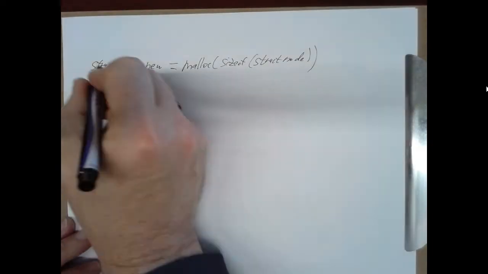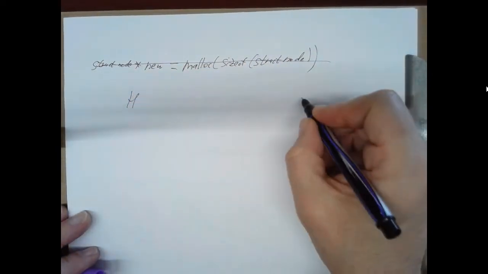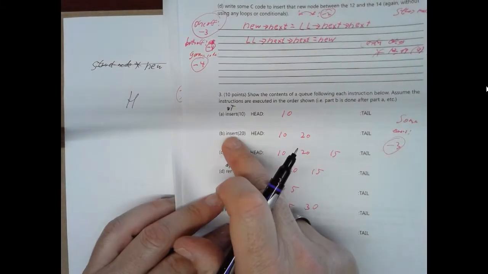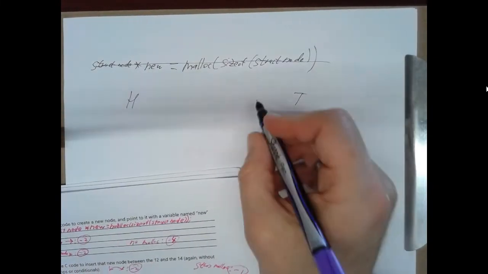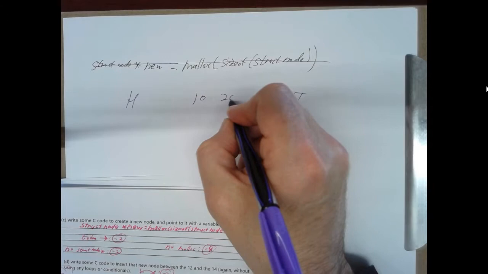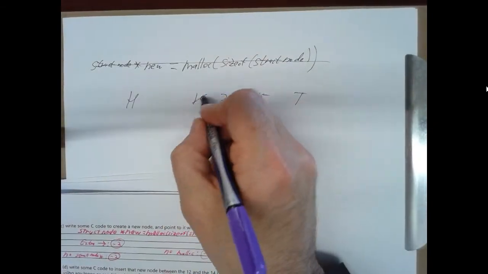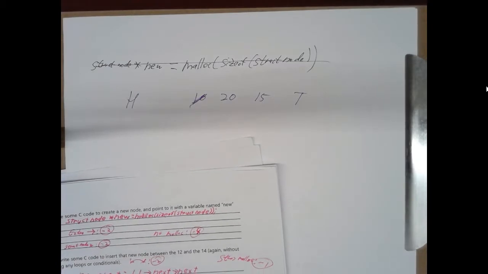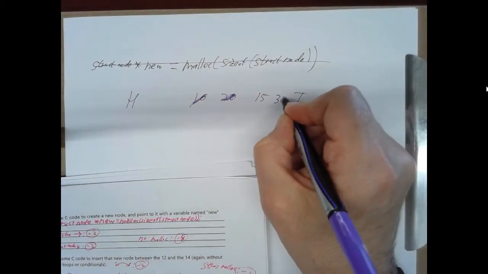All right, so question 3 was queues. So here's the head, here's the tail. And we said insert a 10. So you put a 10 at the tail, and that's sitting inside your queue. We say insert a 20. The 20 goes in the tail behind the head. Insert a 15. That goes into the tail behind the 20, behind the 10. Remove what's at the head, so the 10 comes out of the queue, and now our queue has a 20 and a 15 with 20 at the head. Remove again, the 20 comes out, and our queue looks like this. It just has a 15. Insert a 30, puts a 30 at the tail behind the 15, and then our final remove removes the 15, and now our queue just has a 30.